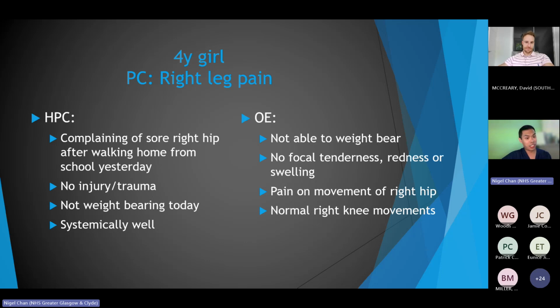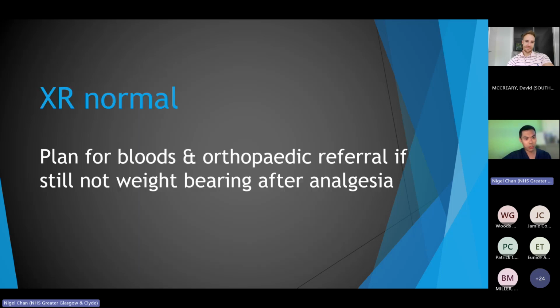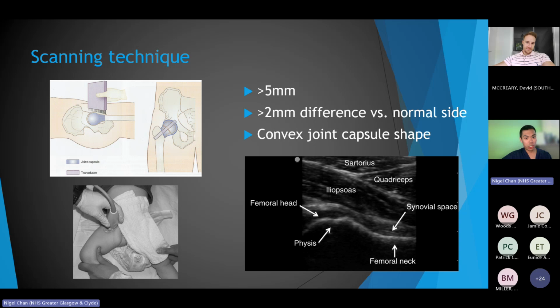Again, I didn't see this kid initially, but whoever saw them first decided to x-ray her pelvis. And just for the interest of time, it looked normal. So the plan was to get some bloods, have a chat with orthopedics, and take it from there. So in terms of how you scan the hip to look for an effusion,